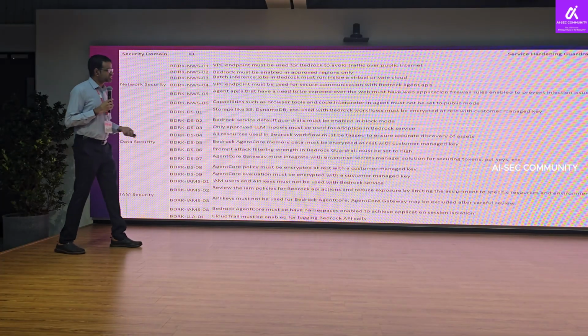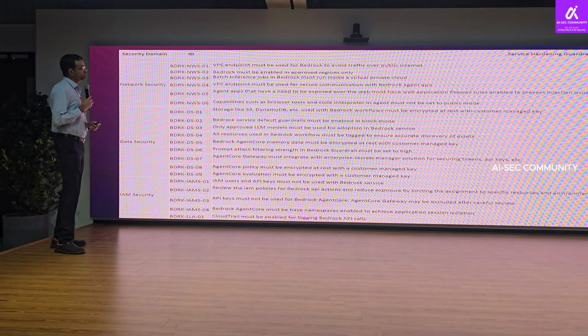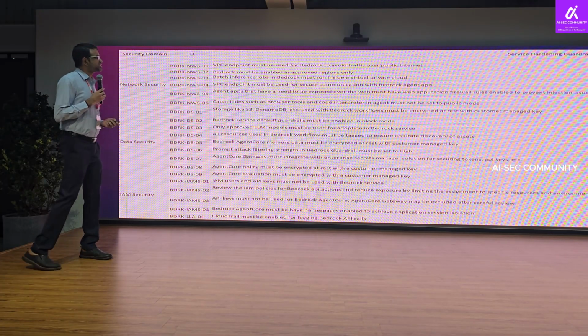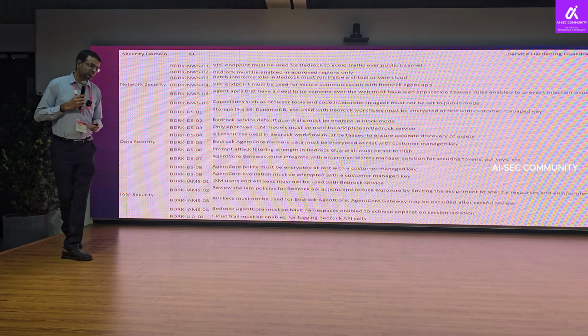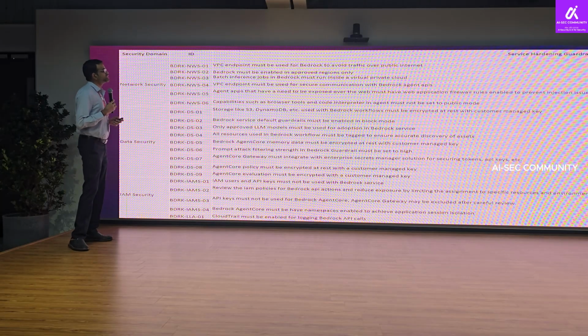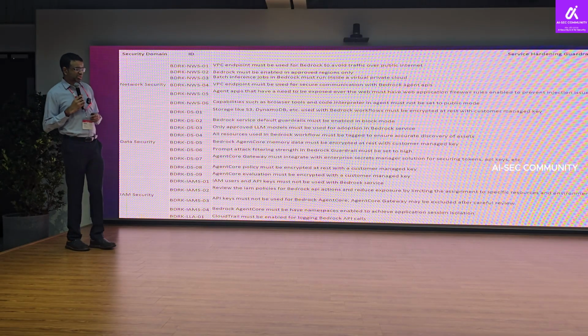Okay, so I think the details are available in the deck. I did want to have a demo, but unfortunately due to time shortage, I couldn't prepare one.